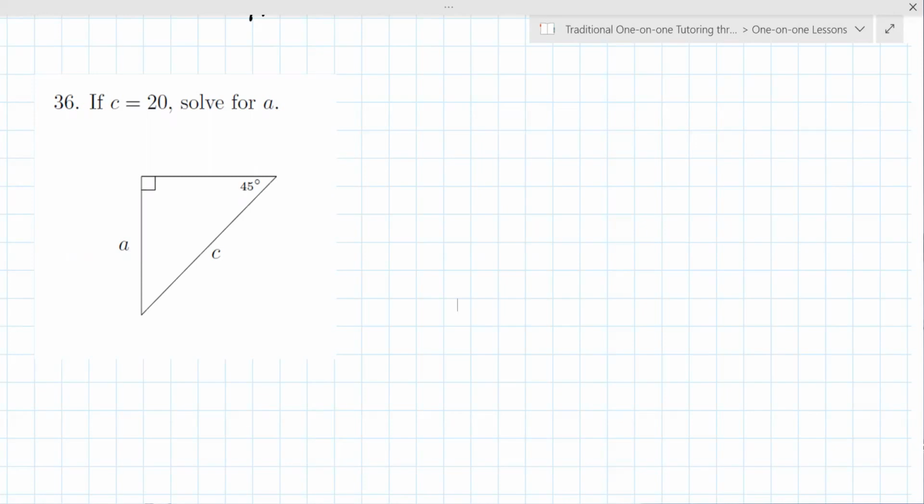For A, I got 10 square root 2. Yes, a is 10 square root 2. And what about b? B is 10 square root 2. Good. Okay. So the next style of problem that you might see,